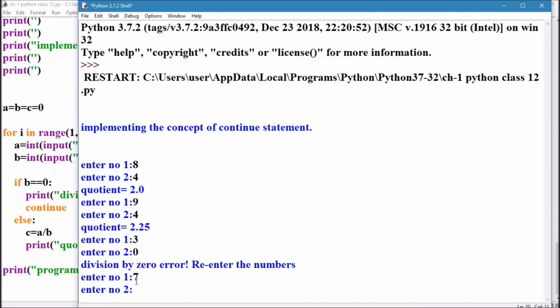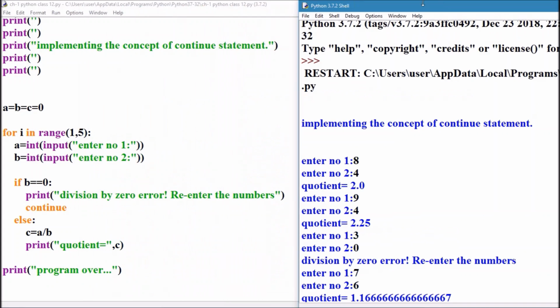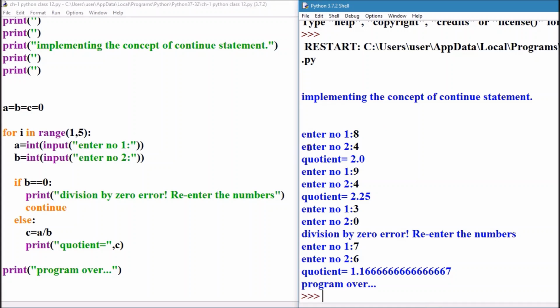7 divided by 6. So it has given you 4 chances. You can compare this output here. 4 times it was allowing you, 1, 2, 3, 4; fifth will not be included. So you entered the right numbers two times, and the third time you gave 0 as the divisor. Then it gives you a response like this, and in total 4 executions will go. The one time you gave wrong input did not abort the program, rather that attempt was cancelled out.